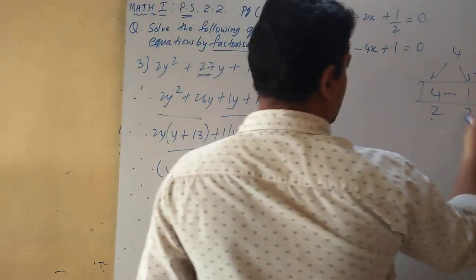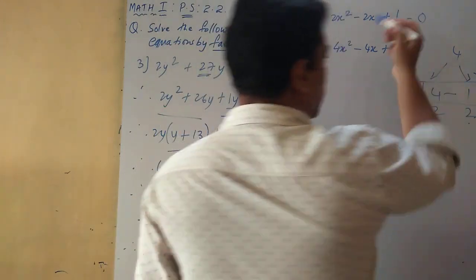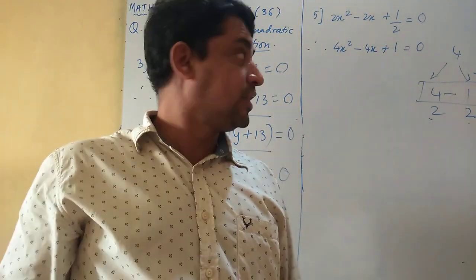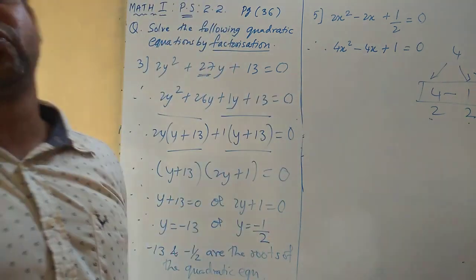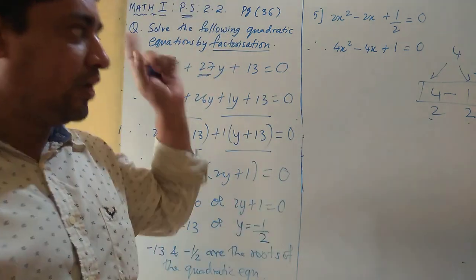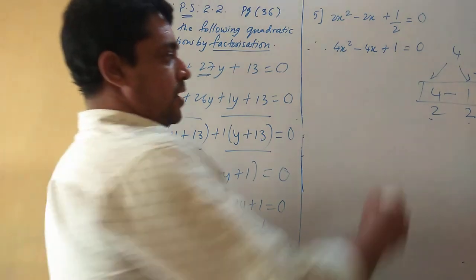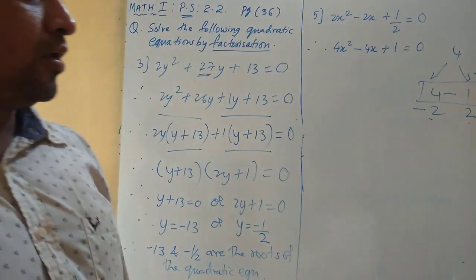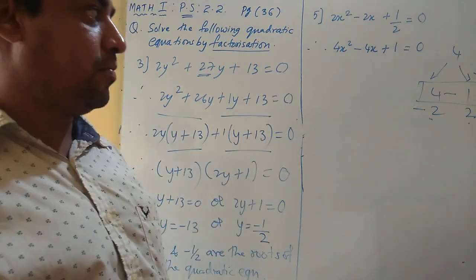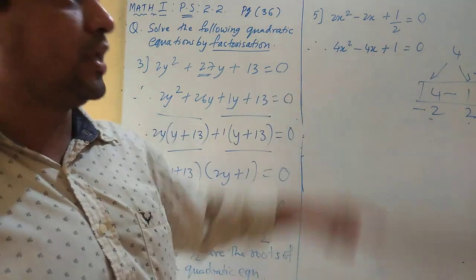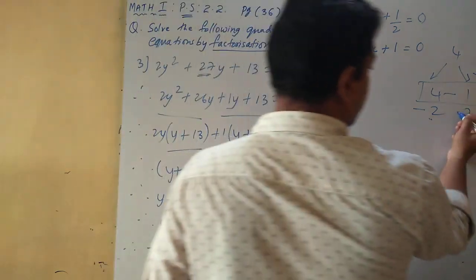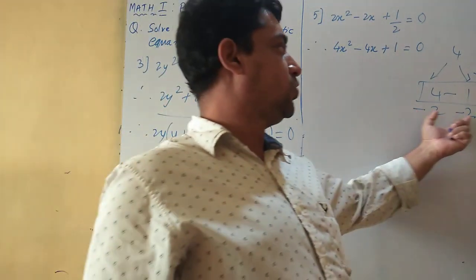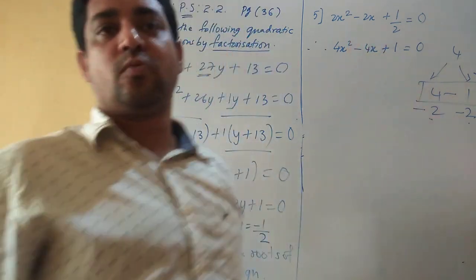So this is the incorrect pair. That means 2 and 2 is 4, 2 2s are 4, correct? So that's the correct number. But now regarding the sign, I want minus 4. So what is to be done? Already we have done in the first sum. Minus 2, but I want minus 4. So I take both the factors as negative. Okay. So minus 2 minus 2 minus 4.